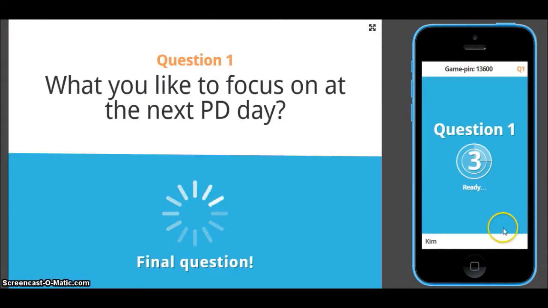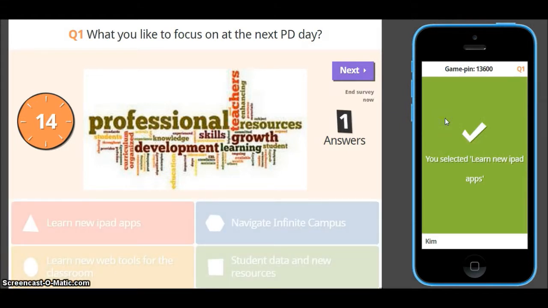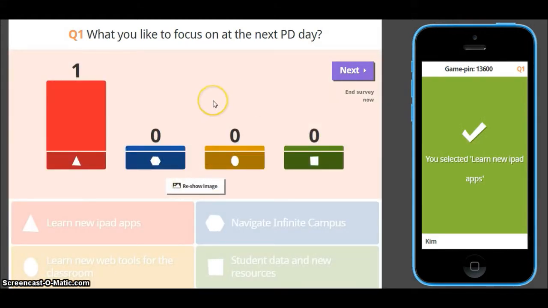As you can see over here on the mobile device, the possible answers show up as a shape that correlates with the question and your possible answers. There is a timer, which could be challenging because some students or teachers may need more time than is given. I'm going to select my answer. Once everyone has selected, you can see it shows up as a bar graph to see which option received the most votes. This would be great to use as a getting to know you activity, a new teacher orientation quiz,